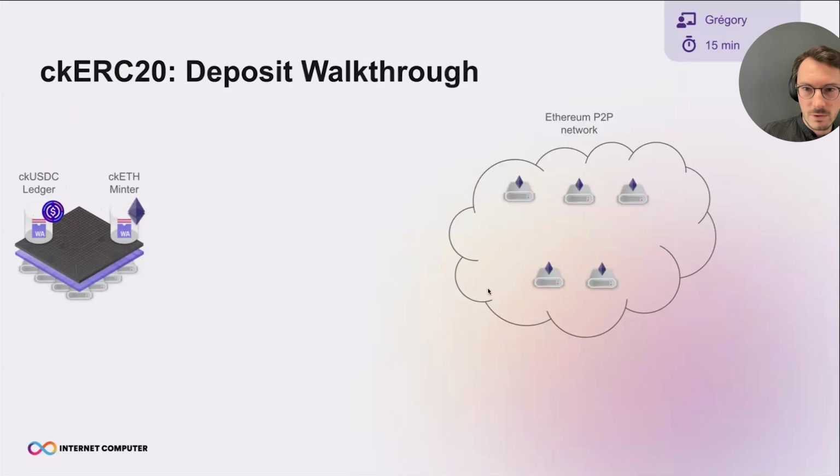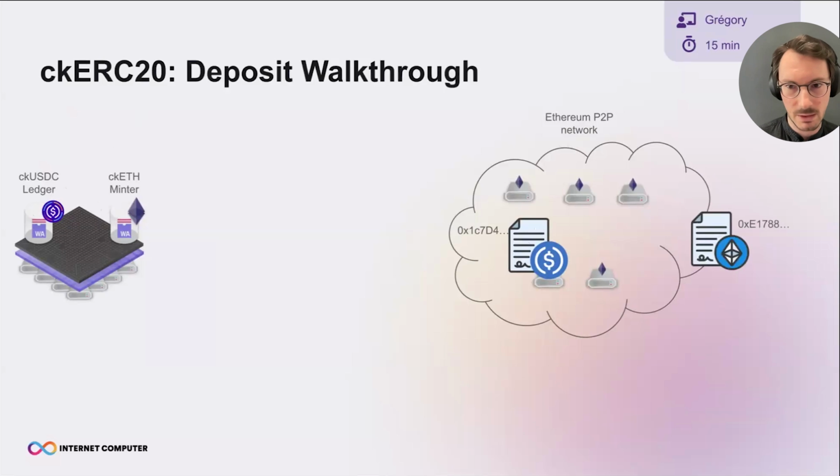And on the right, we have the Ethereum network, where we're going to focus on two smart contracts. One would be the USDC smart contract, which is in that case managed by Circle. And the other one would be a little helper smart contract. The goal of that helper smart contract is to bind an Ethereum transaction to an IC principal. So basically, those ERC20 smart contracts, there could be many of them, depending on how many tokens we want to support. But this helper smart contract on the right is going to be the same for all ERC20 tokens that we will support. And then how a deposit looks like.